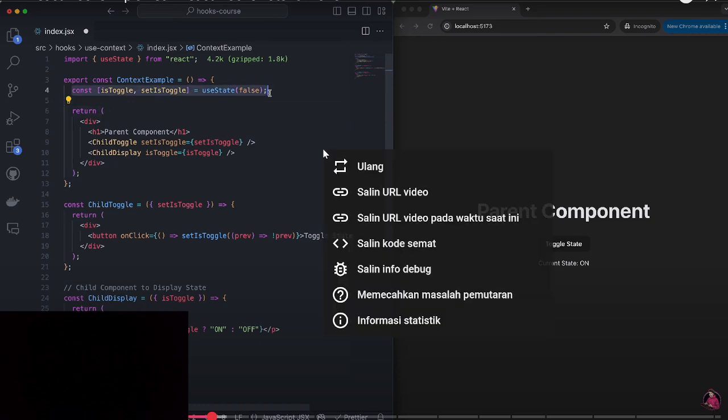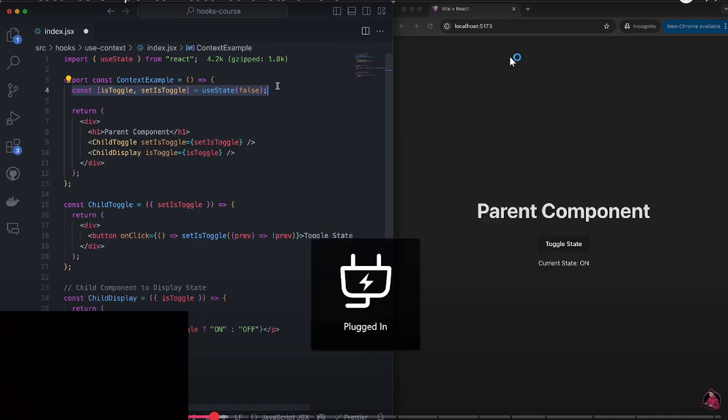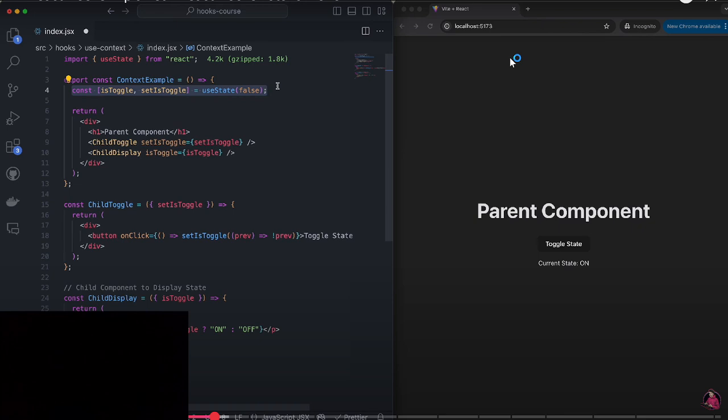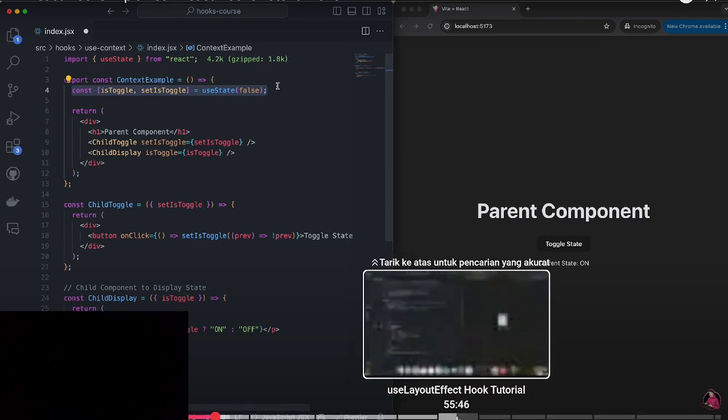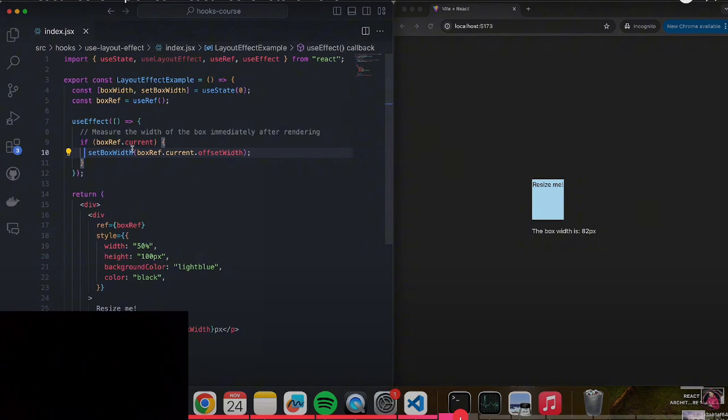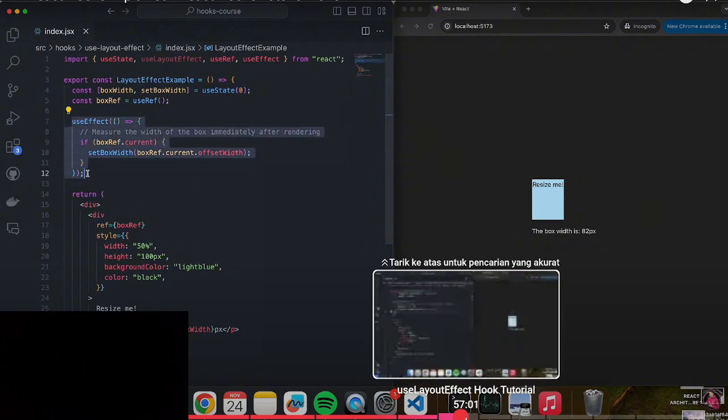Now, before we write that, I want to point out, as a beginner, I recommend learning the context API for state management. But as you learn more and more about React, there are countless other libraries and solutions that you can implement. The most well-known ones are Redux, Zustand, React Query. There's a bunch of them. I have videos on a bunch of them as well if you want to check them out. But I definitely think learning the context API first is